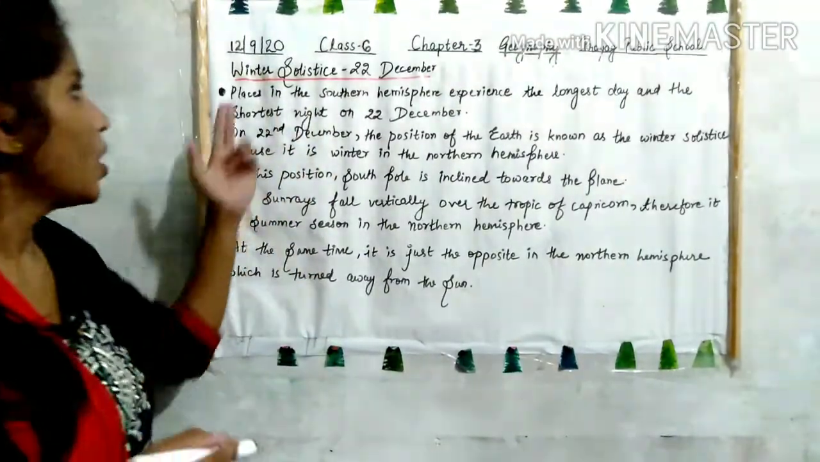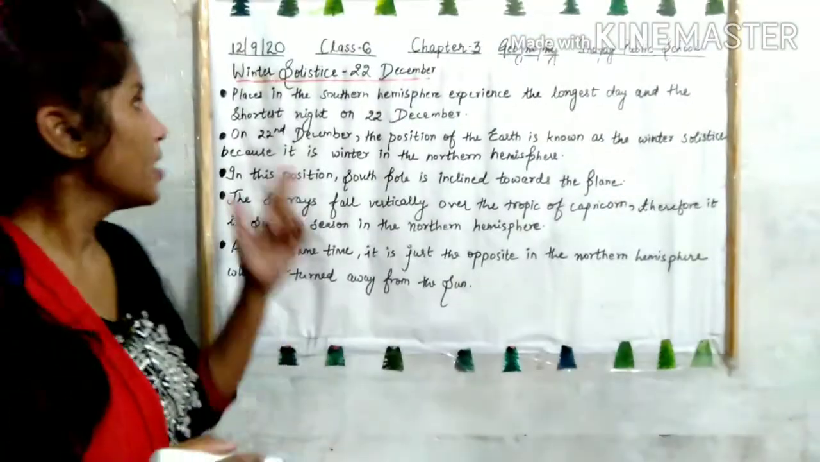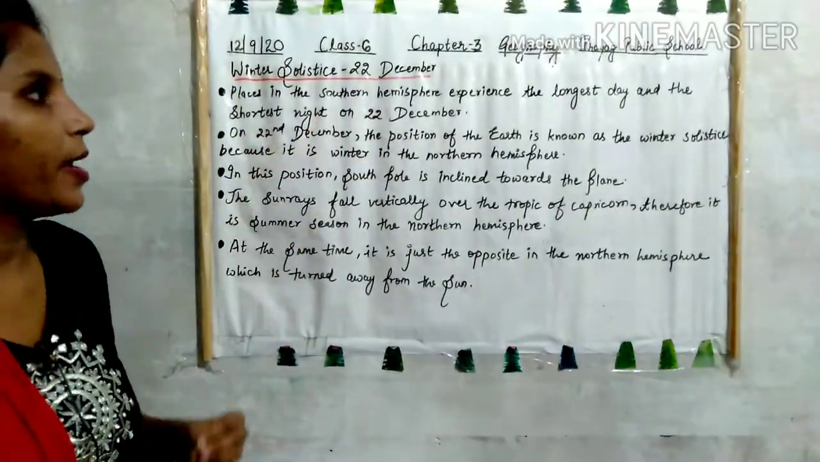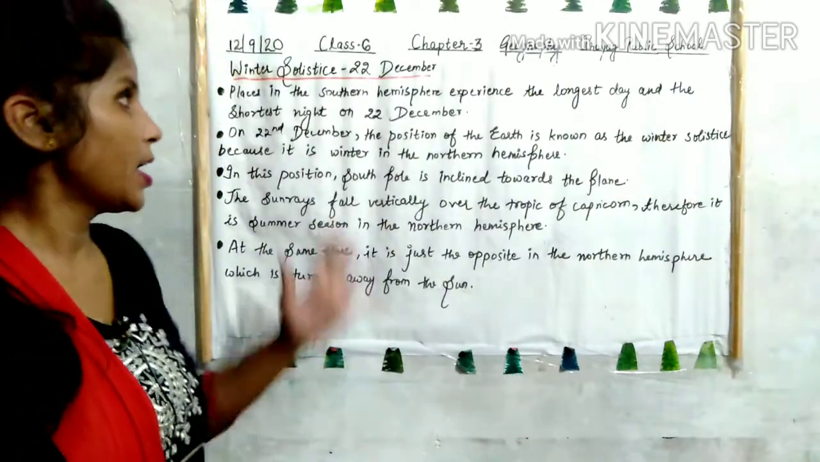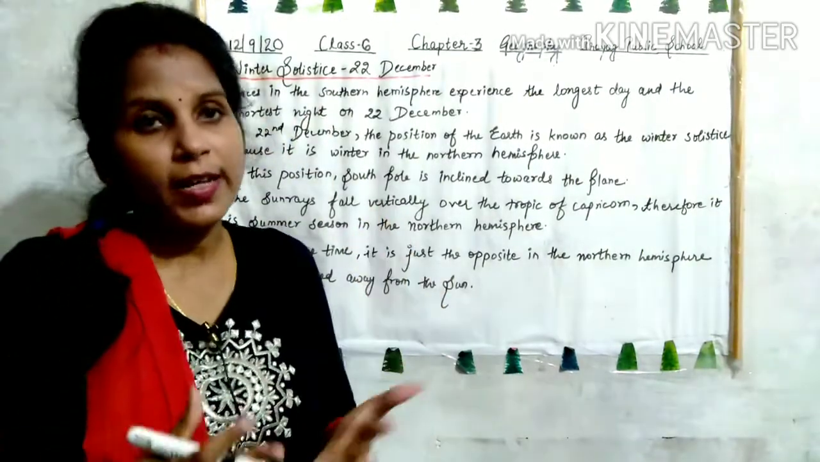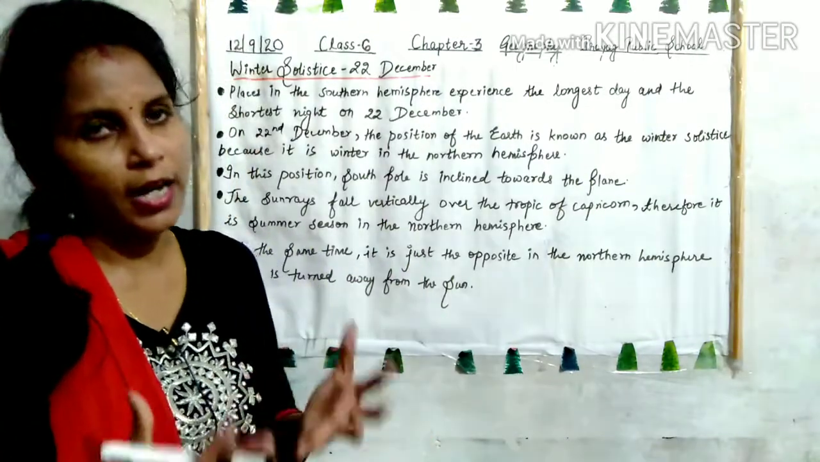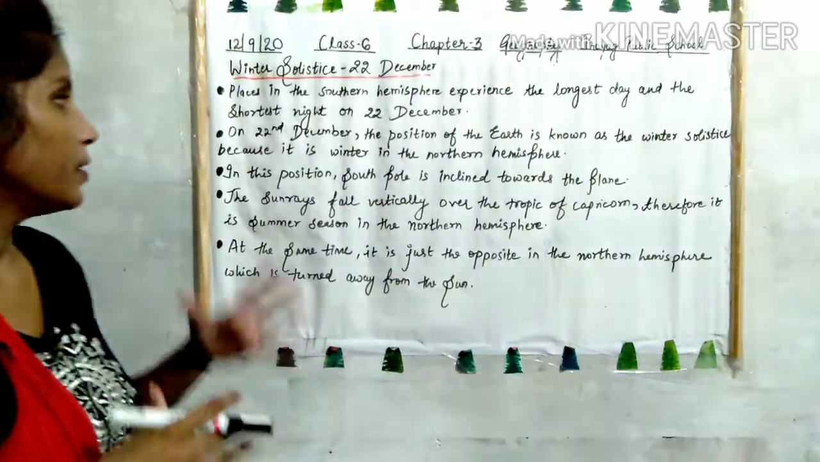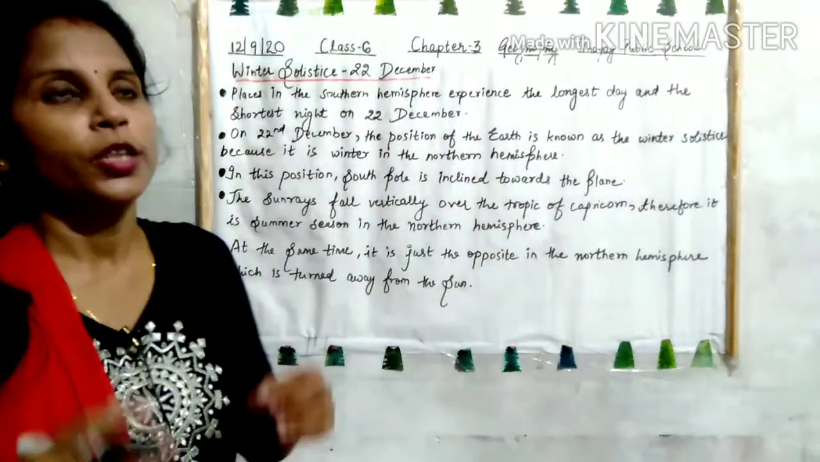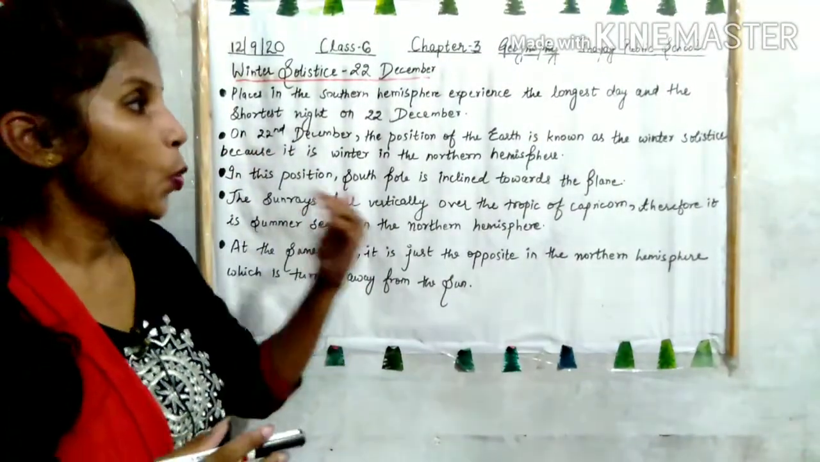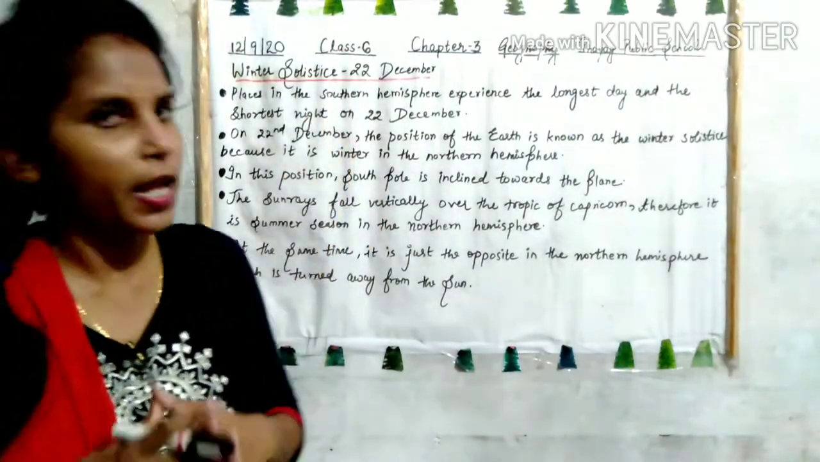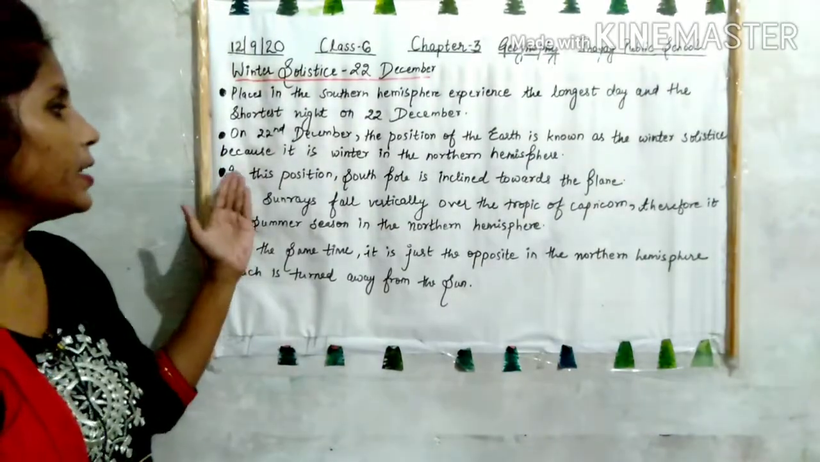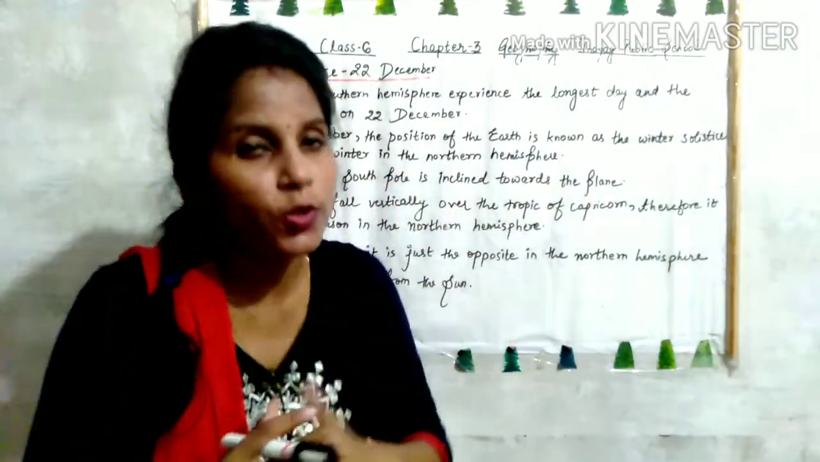Now what happens during winter solstice? First, places in the southern hemisphere experience the longest day and the shortest night on 22nd December. It will be just opposite of summer solstice. So in the southern hemisphere we will experience the longest day and the shortest night on 22nd December. Then second, on 22nd December the position of the earth is known as winter solstice because it is winter in the northern hemisphere. Now in this position the south pole is inclined towards the